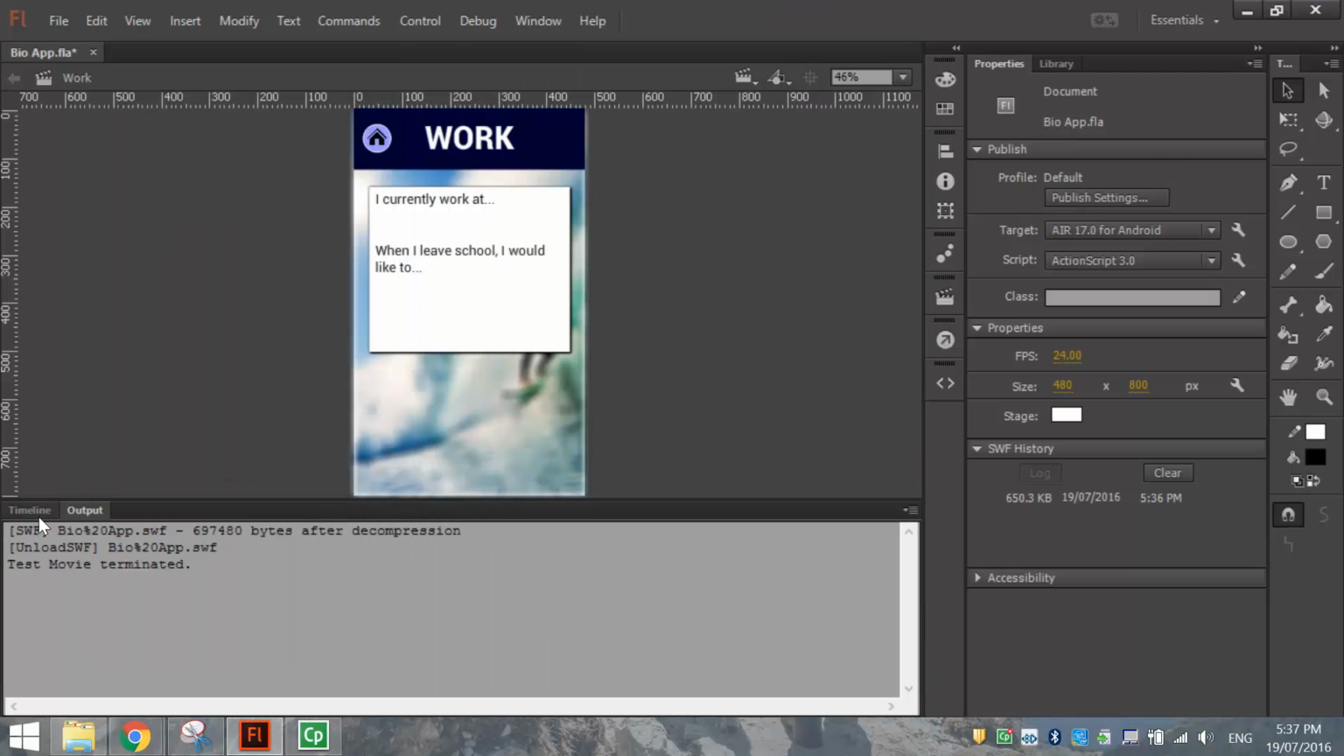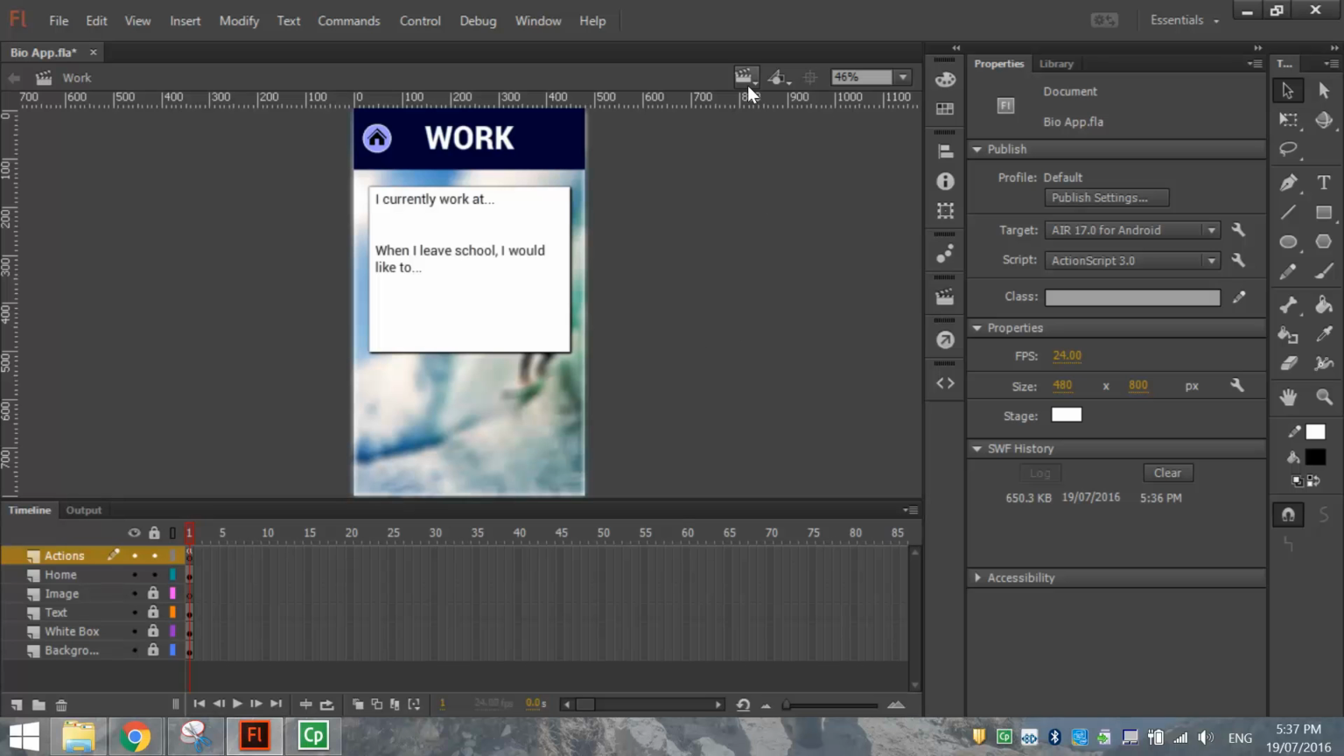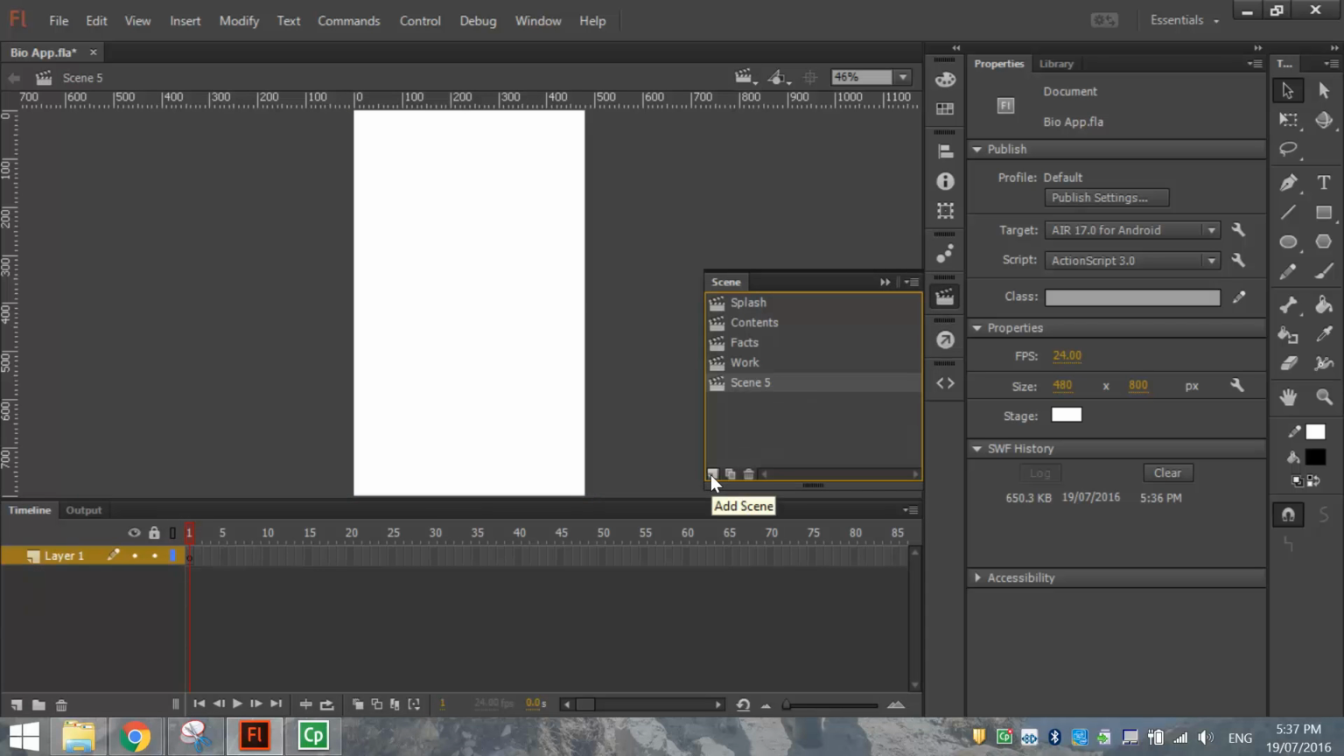What we're going to do next is just finish off our app with the last two scenes, so I'll do those fairly quickly. I'll add them in now. So after work, what have we got? We've got the sport app that we want to put in. Okay, in the sport app,